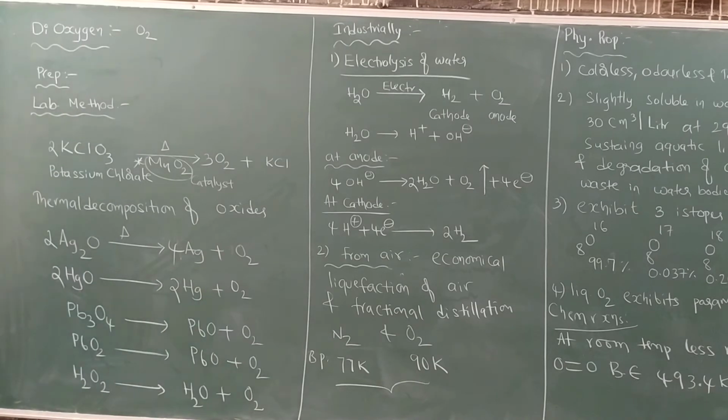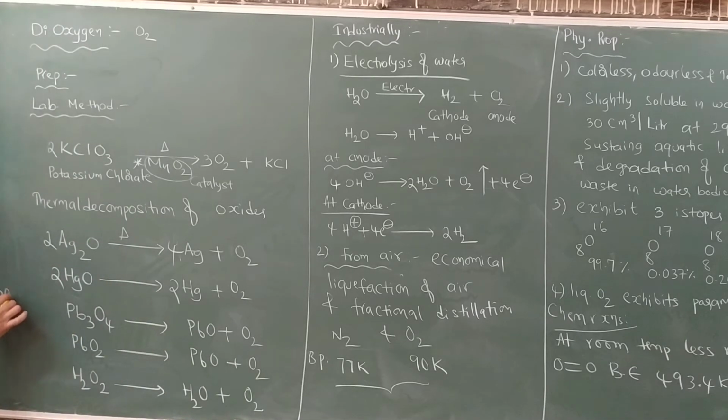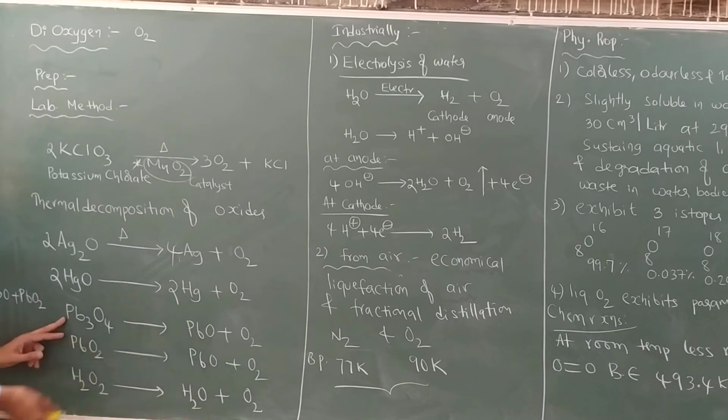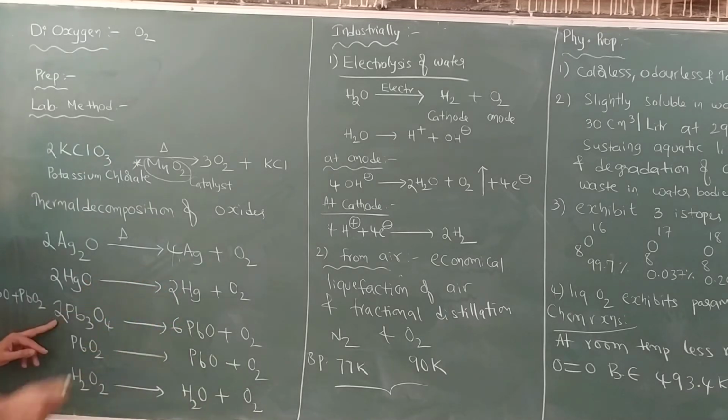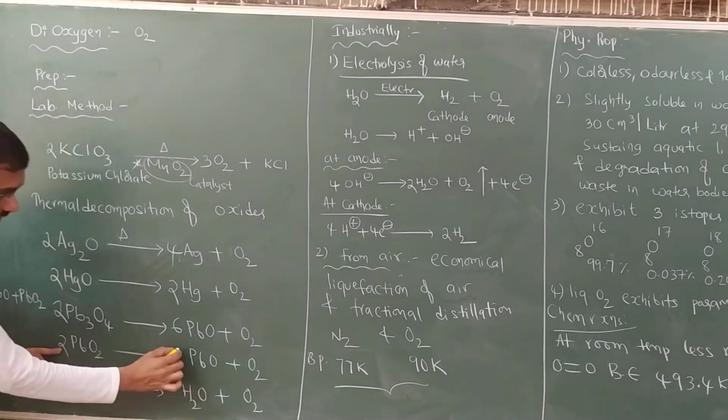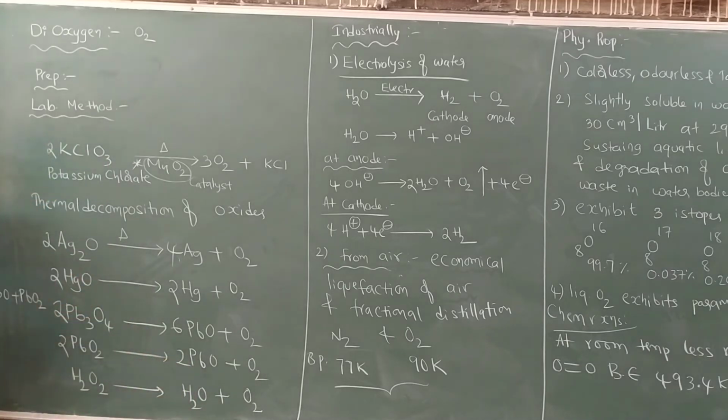Simple, they undergo thermal decomposition. But with lead we don't get lead metal, instead we get lead oxide. Actually Pb3O4 is PbO plus PbO2. 2 moles you have to take. So Pb3O4 on heating, lead oxide will form. Here also you take 2 moles. So 3 to the 6, you put here 6 moles, then 4 to the 8, 1 mole of oxygen we get here. PbO2 also will give lead oxide. Put here 2 moles, lead oxide is forming, 2 moles. There 1 oxygen molecule. And this is also a very important reaction.